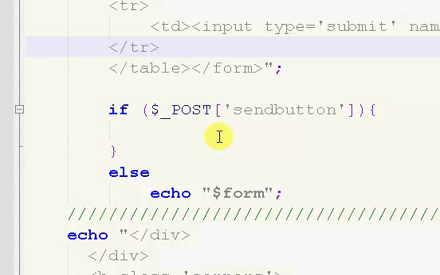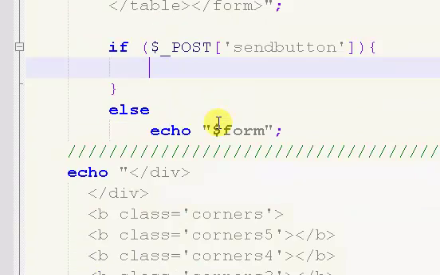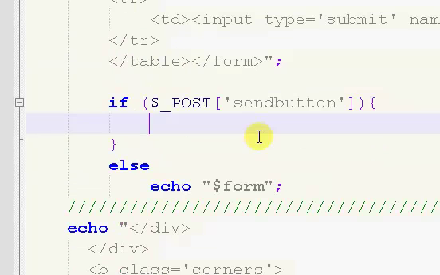Okay, so welcome back. This is part 9 of my personal messaging system tutorial series. In the last video, we started creating our create message page, so you can just put in a username and then send the message to whoever you would like. What we've done is we created our form and we started to check for